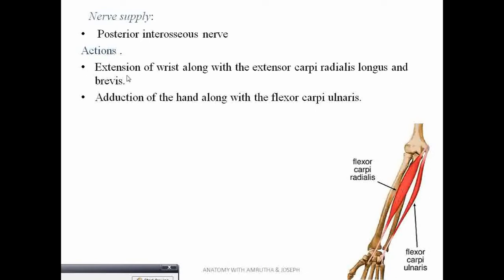because all these muscles are passing posterior to the wrist joint, whereas adduction of the hand along with flexor carpi ulnaris. So flexor carpi ulnaris is a muscle which is seen on the flexor compartment of the forearm, and it is seen on the medial side. Similarly, the extensor carpi ulnaris is a muscle seen on the medial side but on the dorsal aspect. So when these two muscles, flexor carpi ulnaris and extensor carpi ulnaris, act together, the flexion and the extension get nullified and adduction of the wrist occurs.